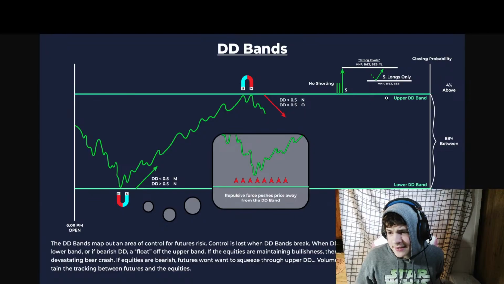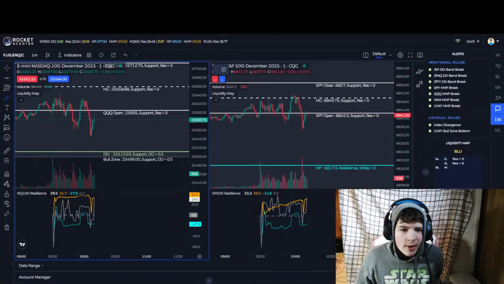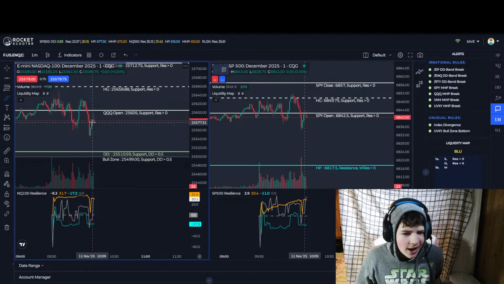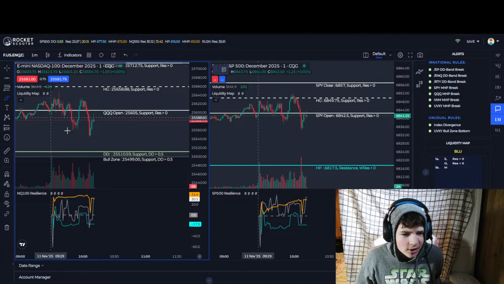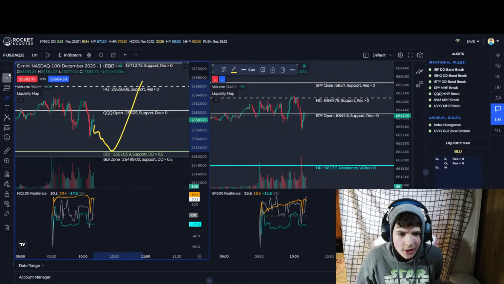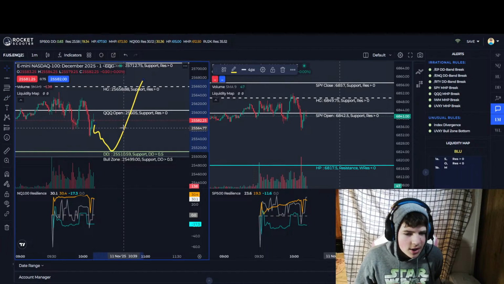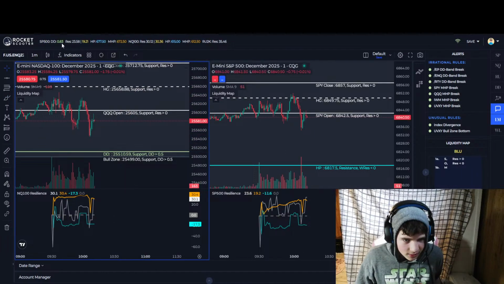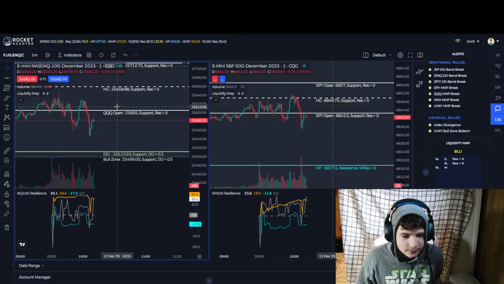Yeah, if DD band is greater than 0.5, there will be a bullish move. If DD band is below 0.5, you could take a short off DD band. But remember, DD band is a high pivot point, so the market could come down, not that much, but it could shoot, depending on if DD res is positive.